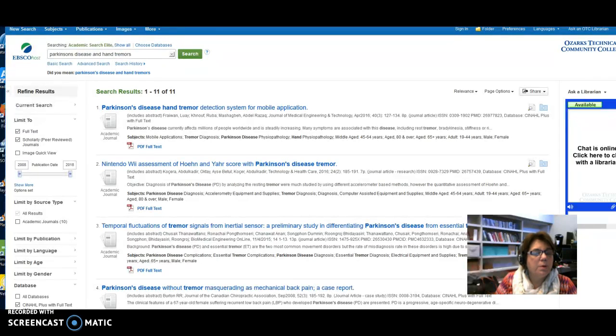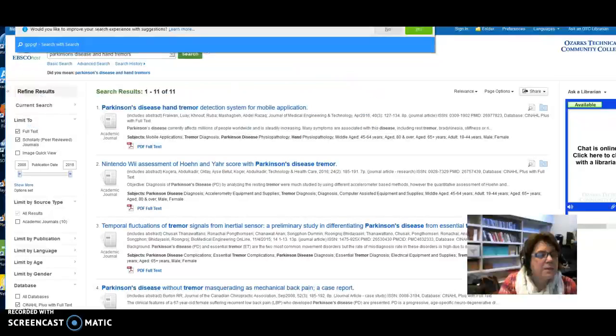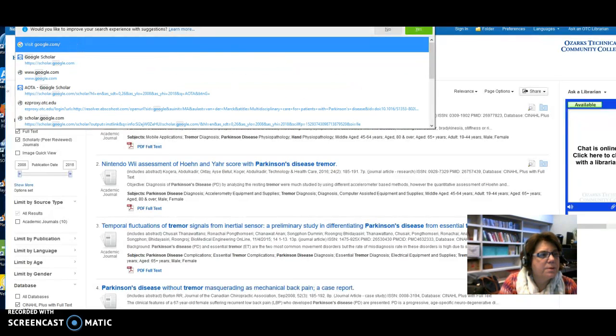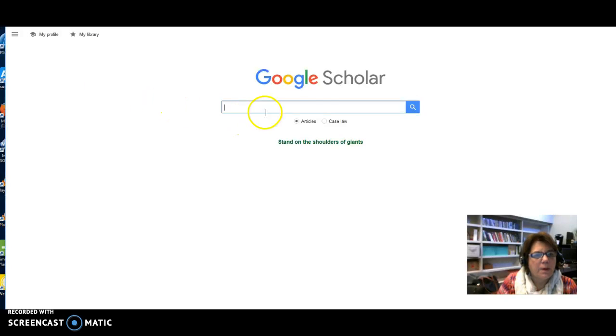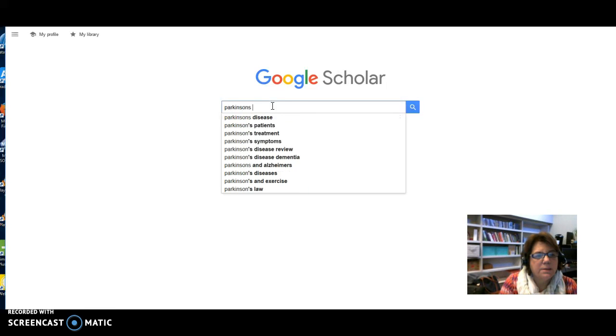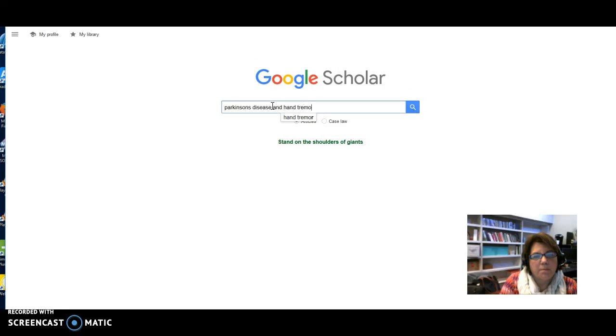Now I'm going to go to Google Scholar. I'm going to show you a little bit about that. There's a couple neat things. If I spell it right first. Oh, Google Scholar. Okay, Google Scholar. I want articles. I'm going to say same thing. Parkinson's disease. You can see I had searched this before. And my word and hand tremors and occupational therapy,